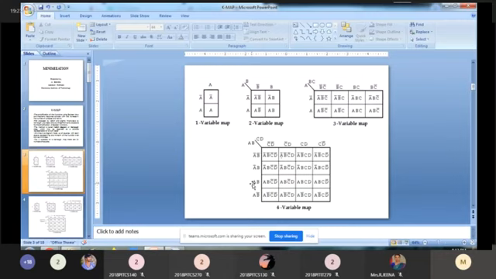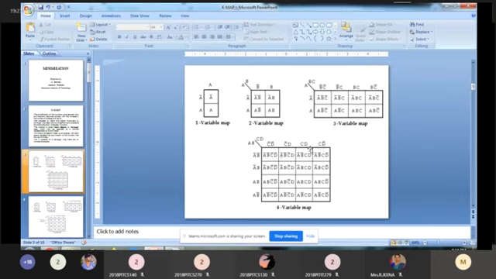Third one is 1 1, so you have to consider the variables A and B. Fourth one is 1 0. So A is 1, the normal variable, and B is 0, the complement of the variable. Next here also 0 0, so C bar D bar, 0 1 C bar D, 1 1 C D, 1 0 C D bar.